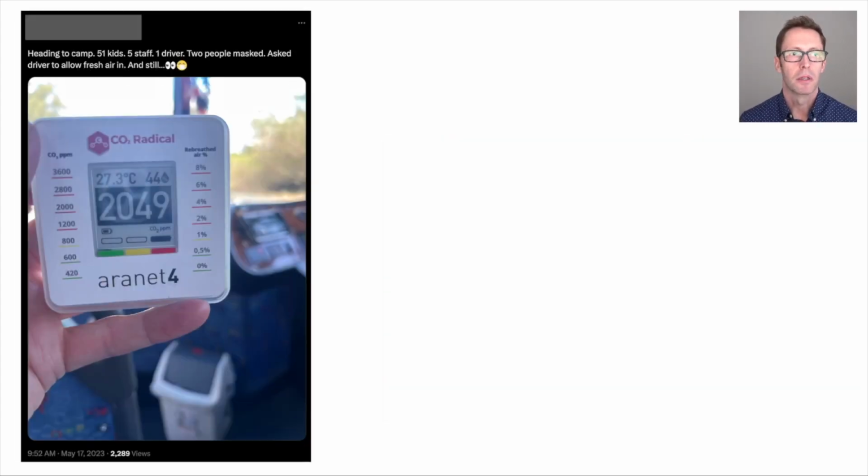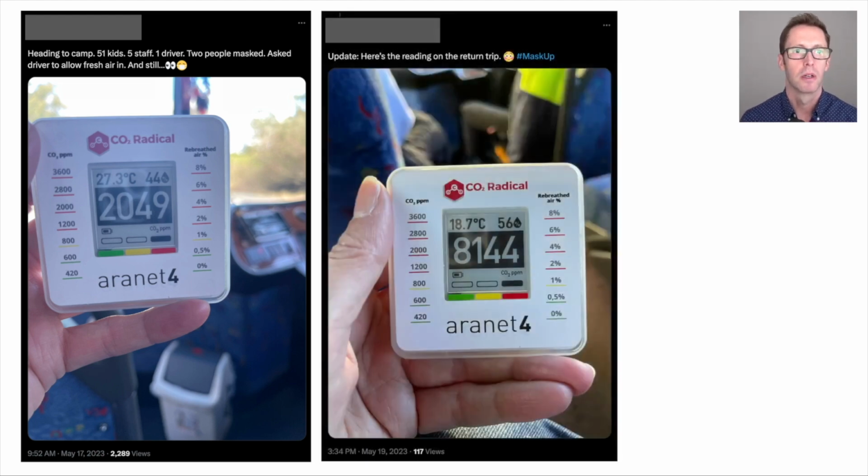Just to illustrate that point, I'm going to show you some posts from a teacher in Australia who posted some CO2 levels from a school camp. So this is a photo of a CO2 monitor on the school bus. This is from May this year. Heading to camp, 51 kids, 5 staff, 1 bus driver, 2 people masked. The teacher has asked the bus driver to allow fresh air intake, and there was still a CO2 level of over 2,000 parts per million. And then on the return trip, the CO2 levels got in excess of 8,000 parts per